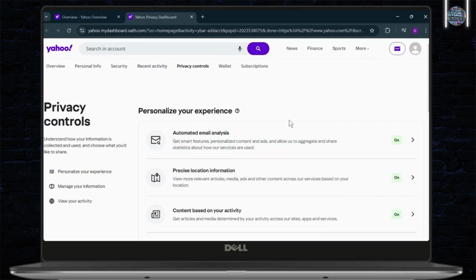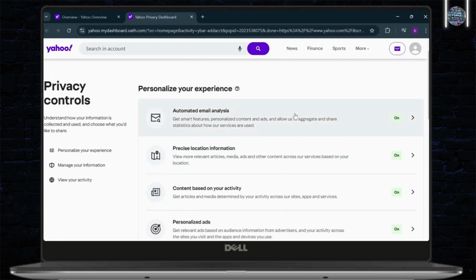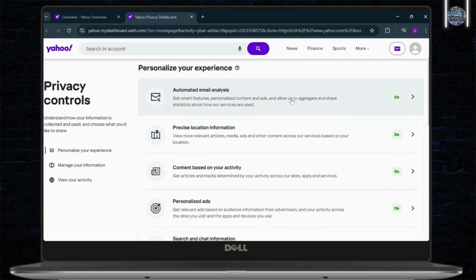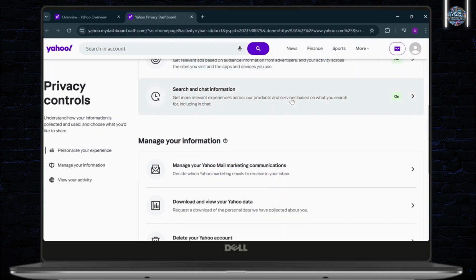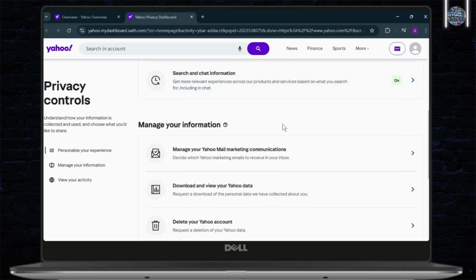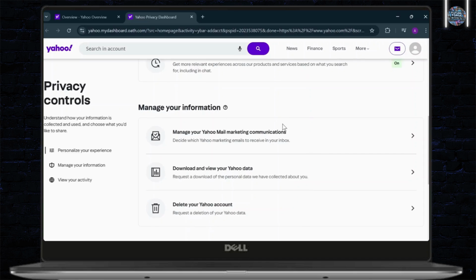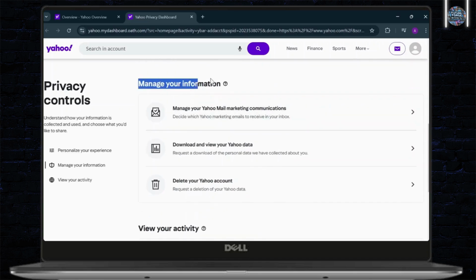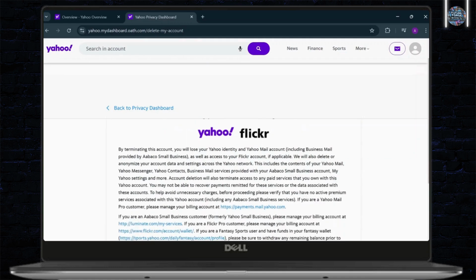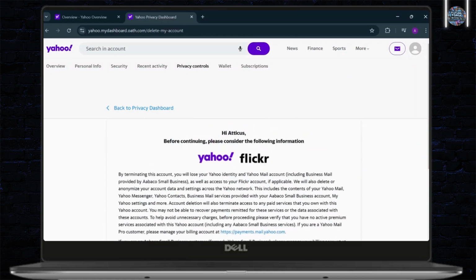After you're there, you will see a lot of different options such as your ads, your search and chat informations, and your informations. So head over to manage your information section and under there you will find delete your Yahoo account option. Tap on delete your Yahoo account, and after you do that, you will need to just read through